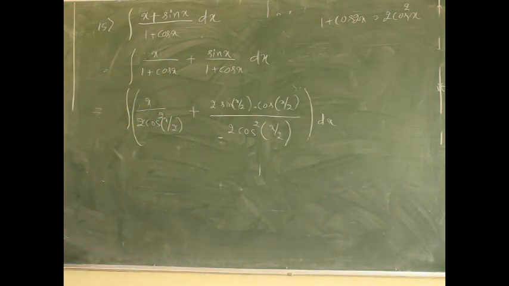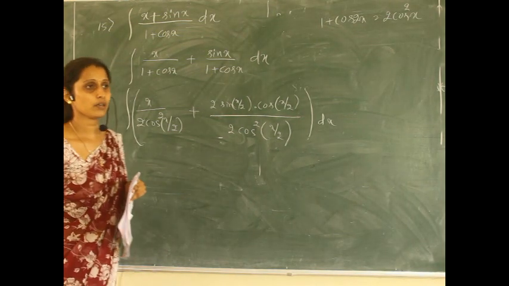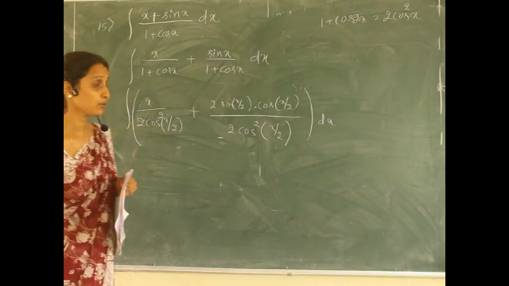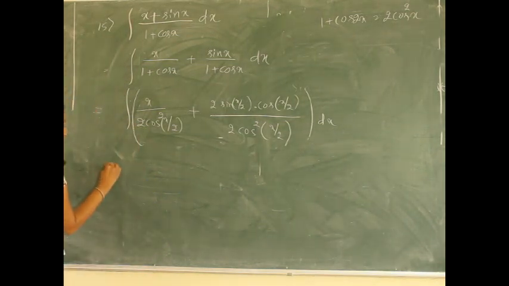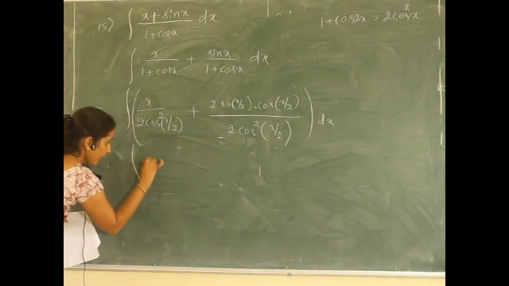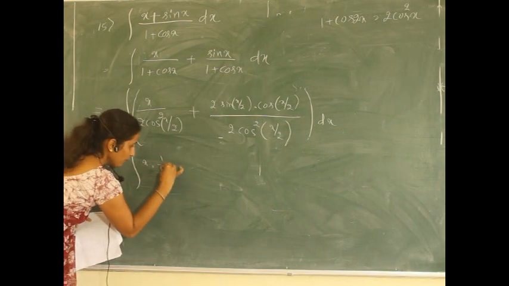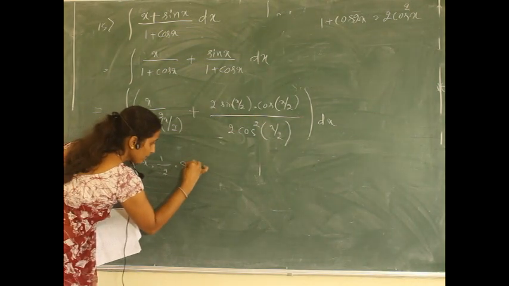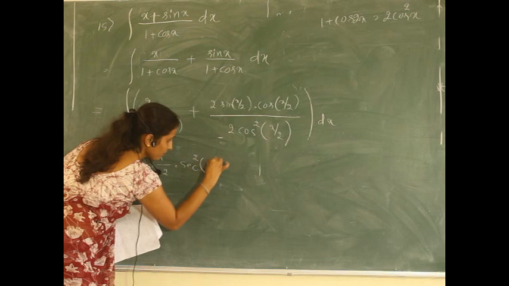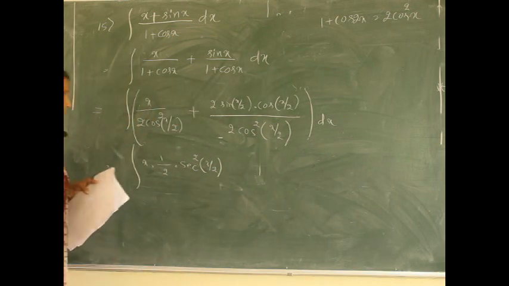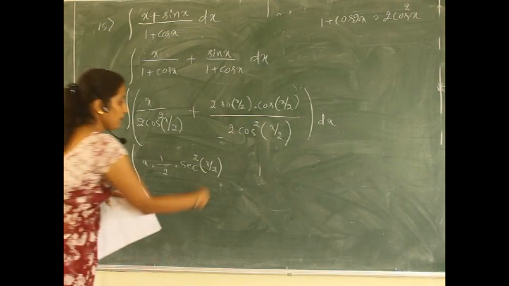Here it is 1 by 2 into x by cos square x by 2, and 1 by cos square x by 2 can be written as secant square x by 2. So this is equal to the integral of x into 1 by 2 into secant square x by 2, plus